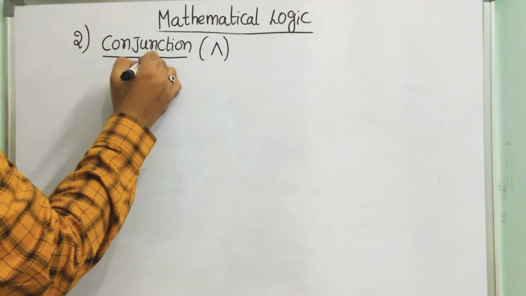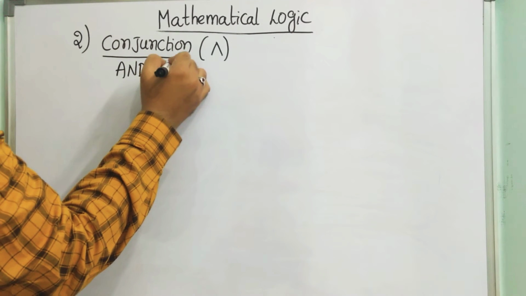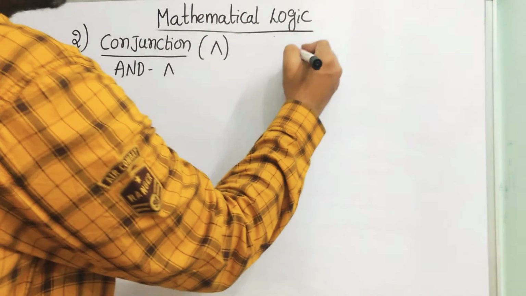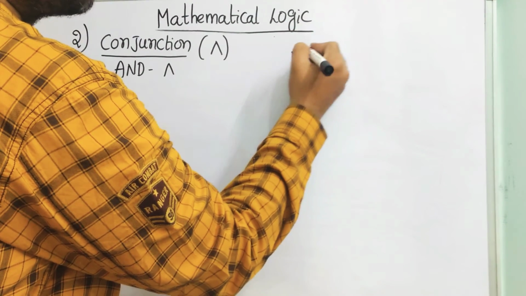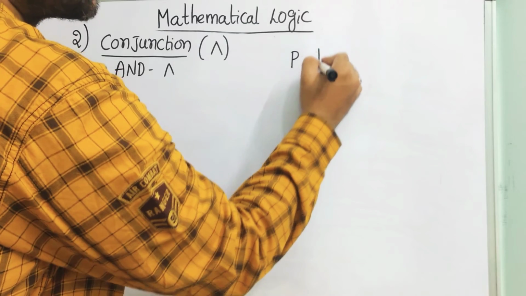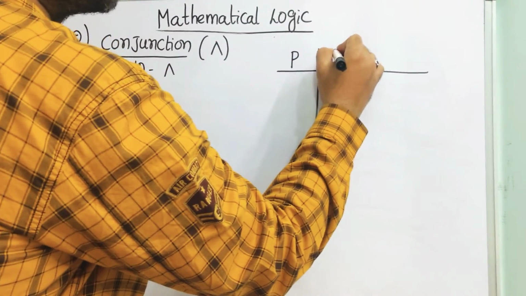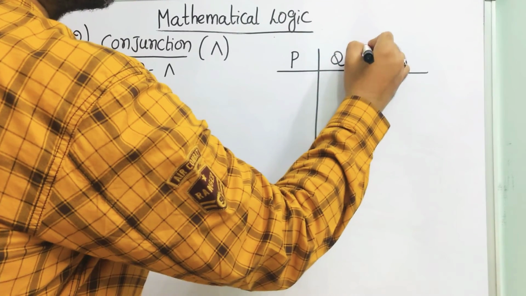So basically this AND is used to denote this symbol. Okay. So if you observe this operation, if statement P is considered and statement Q is considered,